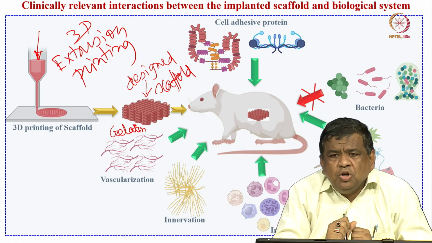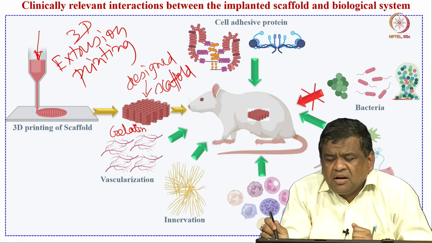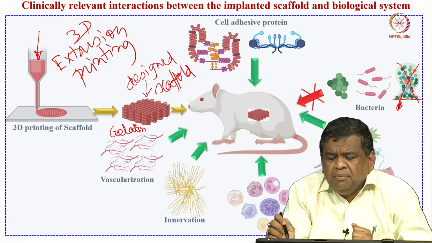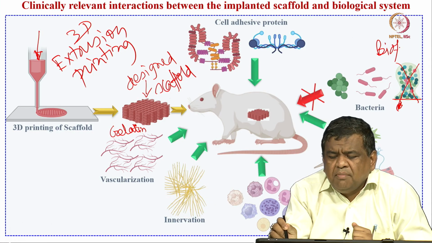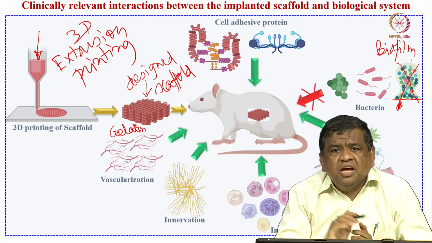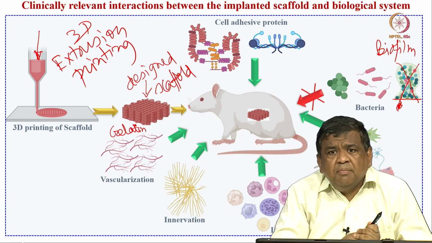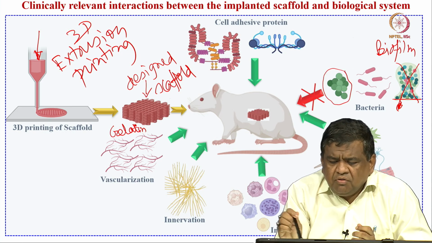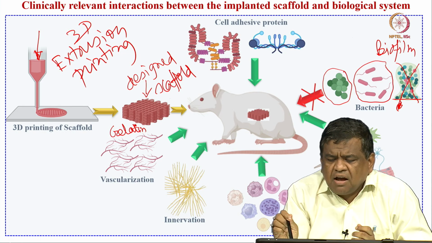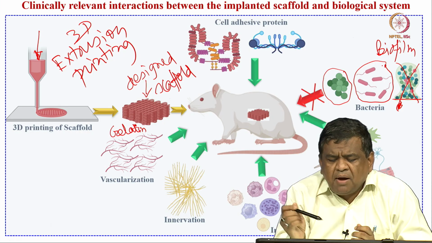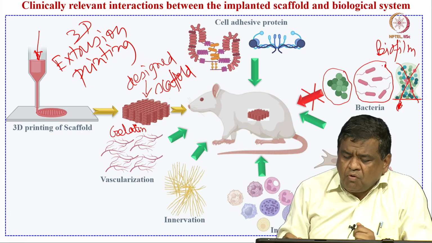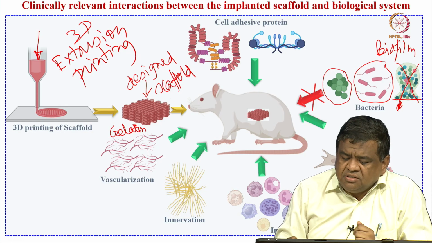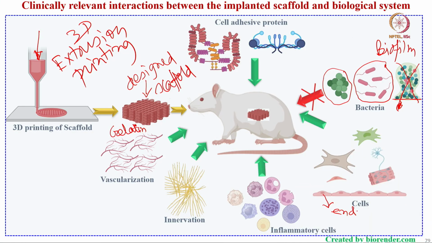So, the moment you put these scaffolds into the organism, let us say any small animal model, what we do not want is the bacteria to grow. We do not want biofilm. This is the schematic of the biofilm, and this entire schematic is created by BioRender. So, we do not want either gram positive or gram negative bacteria to grow on the scaffolds, and there should not be any biofilm formation. Second thing is that we want the cells to grow, and these cells, these are tightly spaced cells, which means these are like endothelial cells.